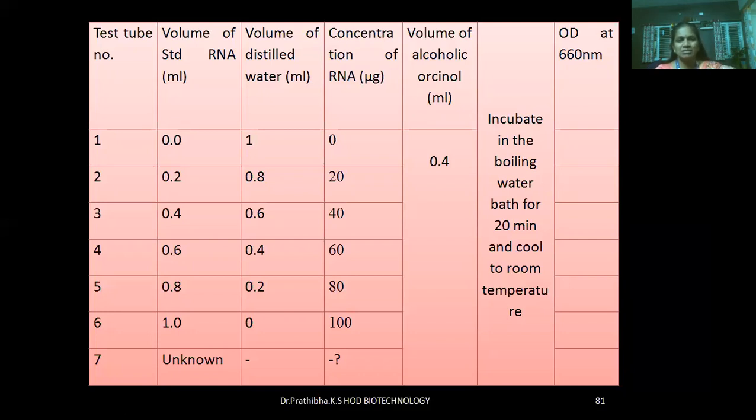Blue-green condensed product can be observed. If you want, we can take a photograph of that particular color development. Then the optical density will be read at 660 nanometer. Whatever OD you get here, you are going to plot on the y-axis. Always the first test tube will be 0, 0. Then from the second test tube to the sixth test tube will be called standard OD. The standard OD you are going to plot in the graph, and the unknown will be plotted by using the standard